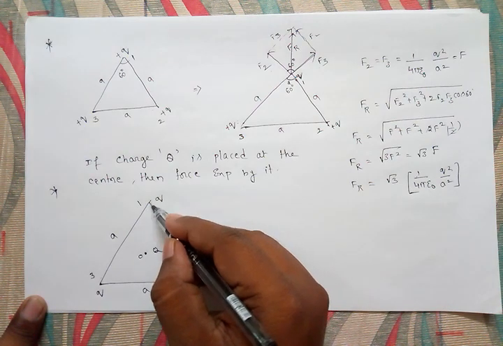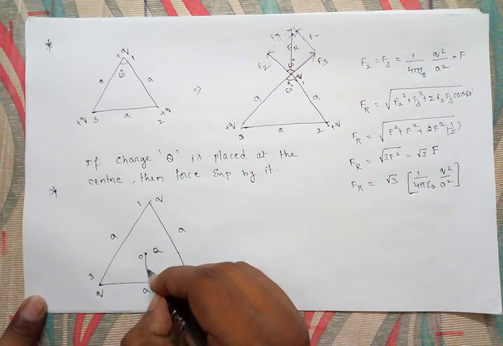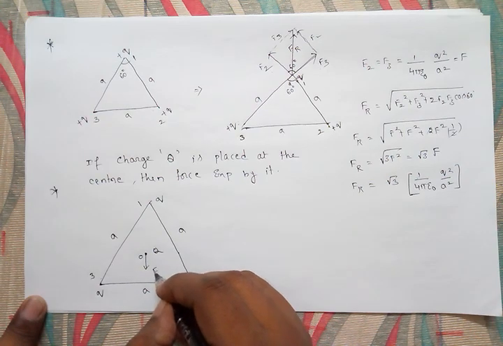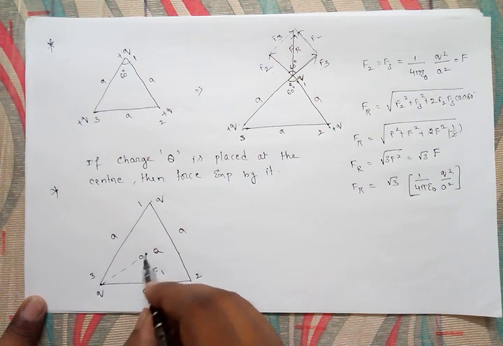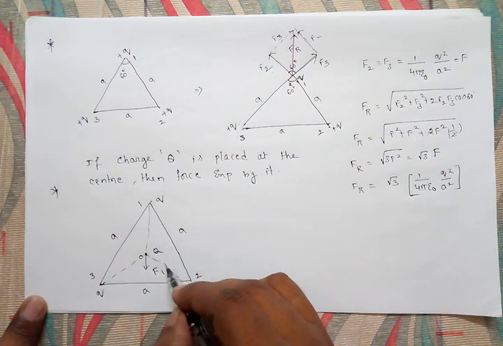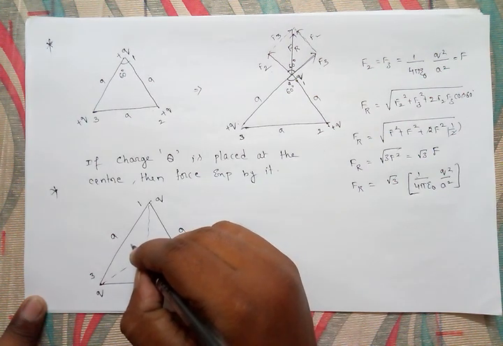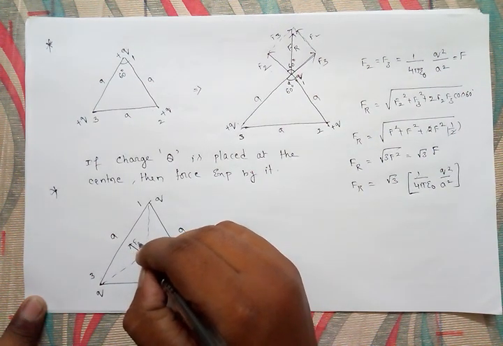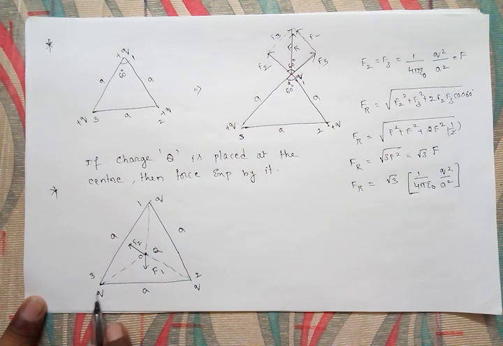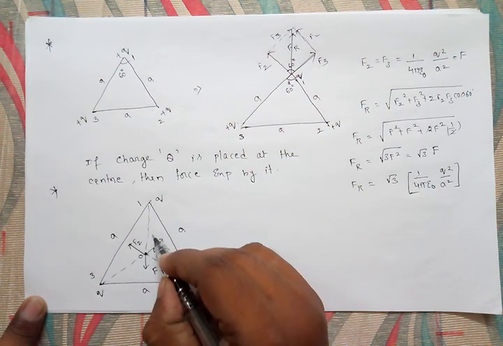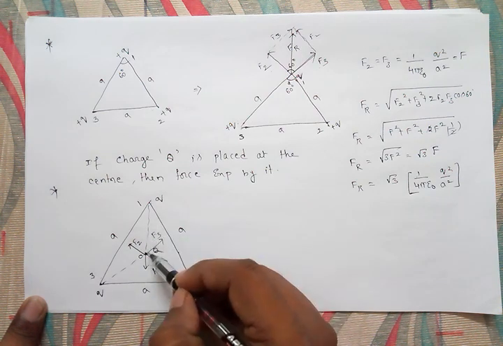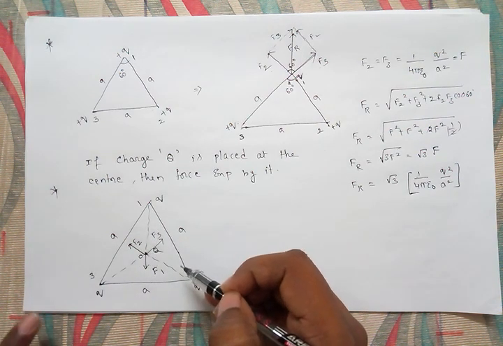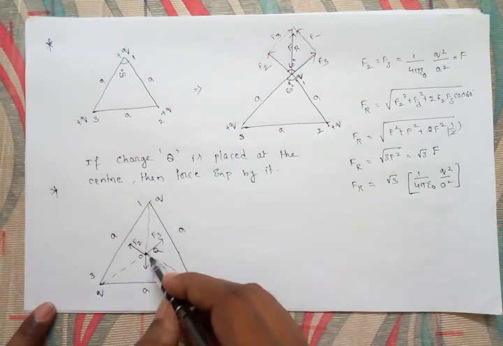Let Q1, the charge located at 1, exert a force of repulsion on the centroid charge, F1. In the same way, the charge located at position 2 will exert a force of repulsion, that is away from it, F2. The charge located at 3 will exert a force of repulsion, F3. Now if you observe, these three, F1, F2, F3, are repulsive forces exerted by the charges at the corners on the centroid charge.